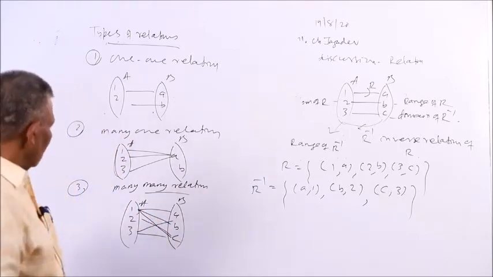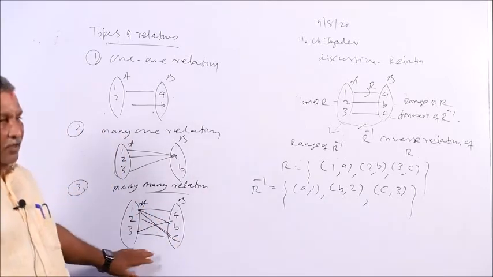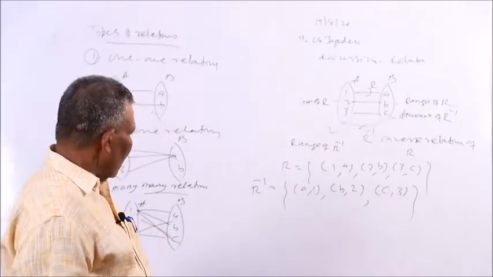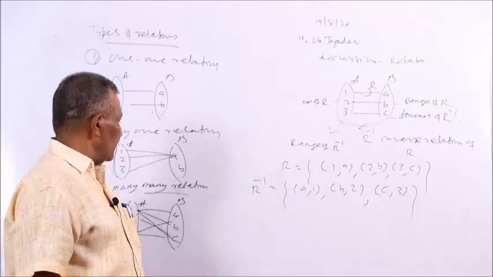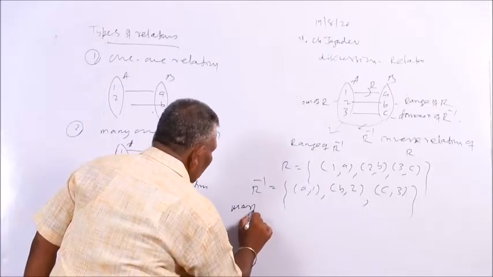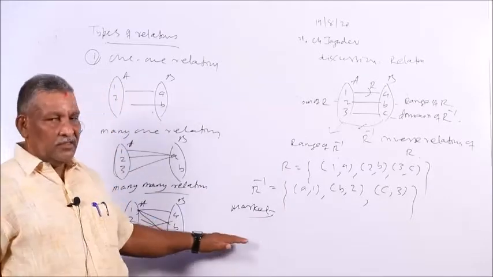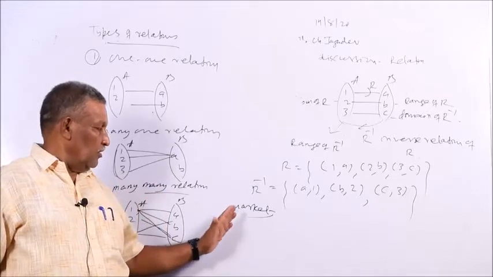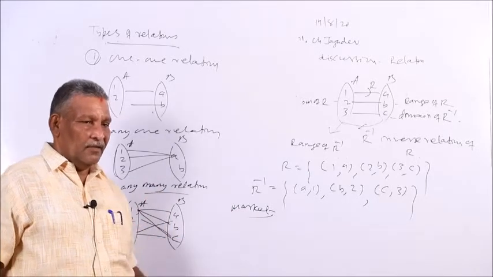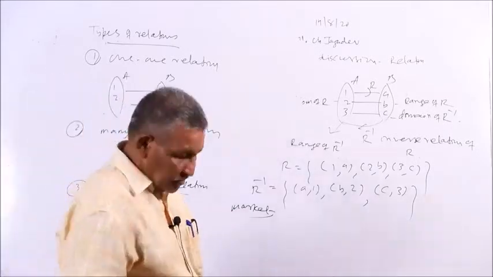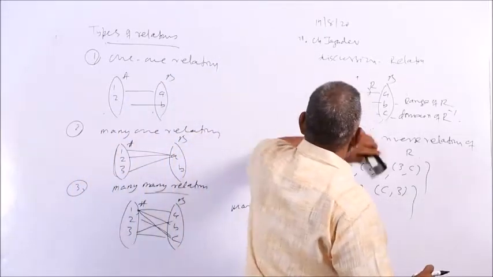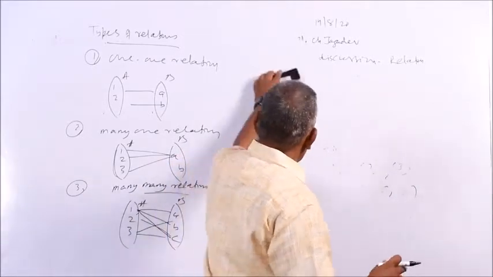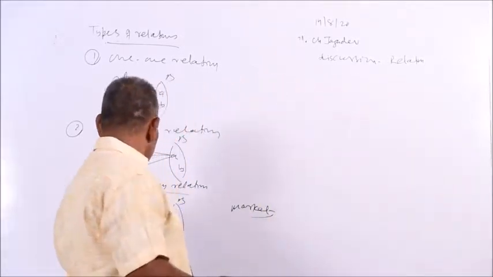Like this. This relation is called many-many relations. Also, let us consider our day-to-day life example, market. Suppose we are going to the market. There are so many shops, so many customers. The relation between the customers and the shopkeepers is many. Let us consider also the example of a college. There are several teachers and several students. So the relation is many.